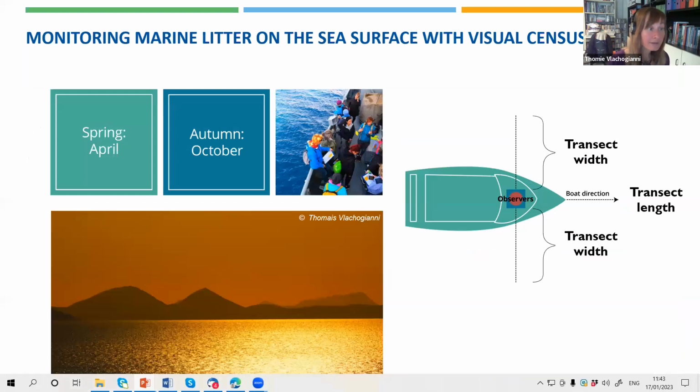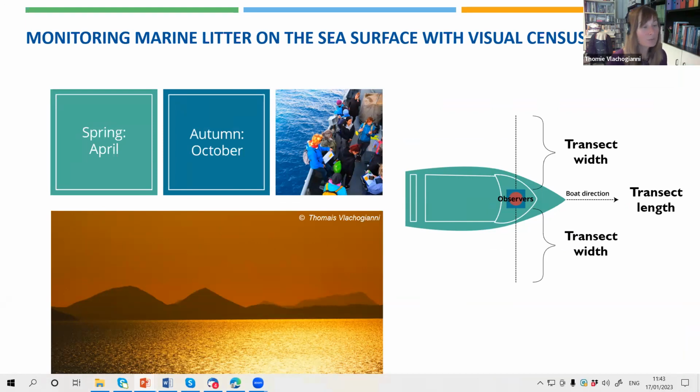And regarding the period for floating macrolitter, basically it has been agreed that these surveys will take place twice per year, in the springtime in April and in autumn in October. And again, the mean and averages will be calculated. And in order to do that, as you can see on the right-hand side, there is an observer that is